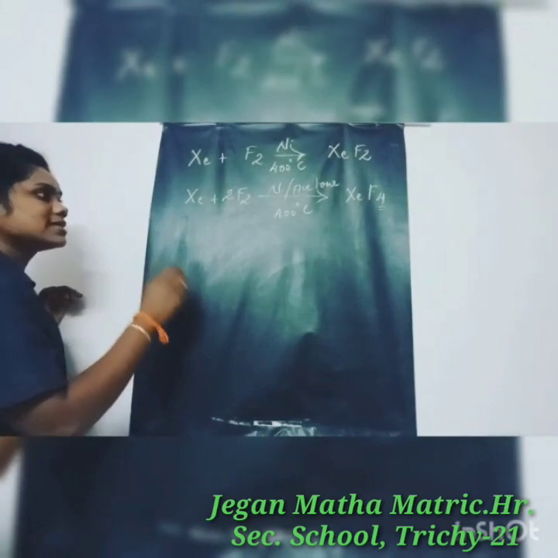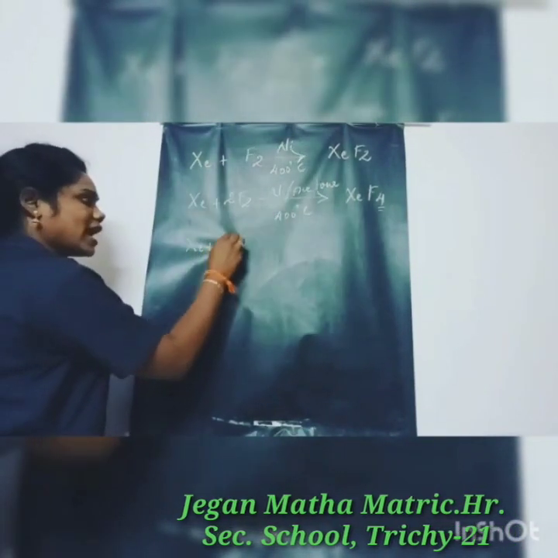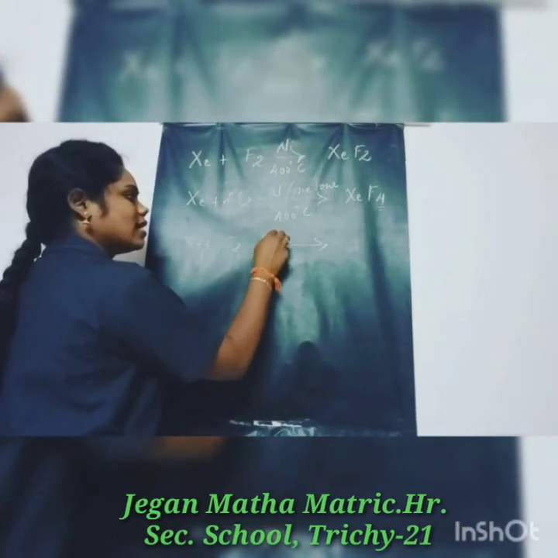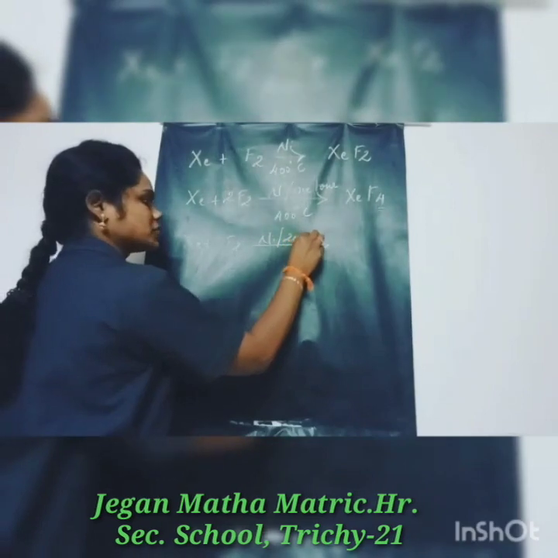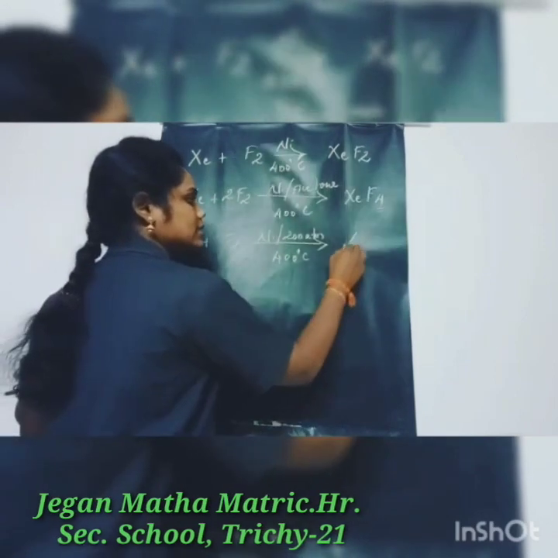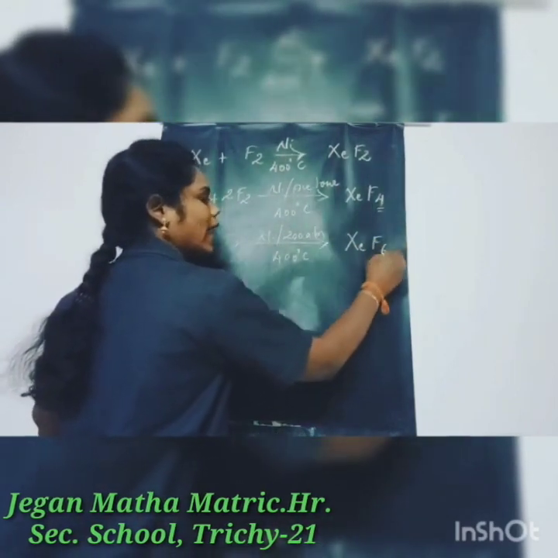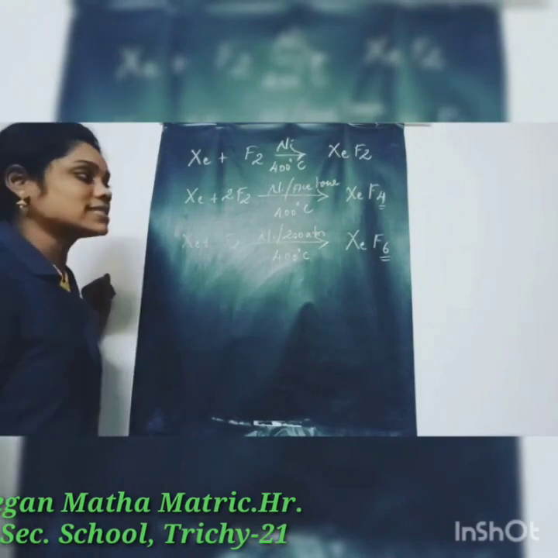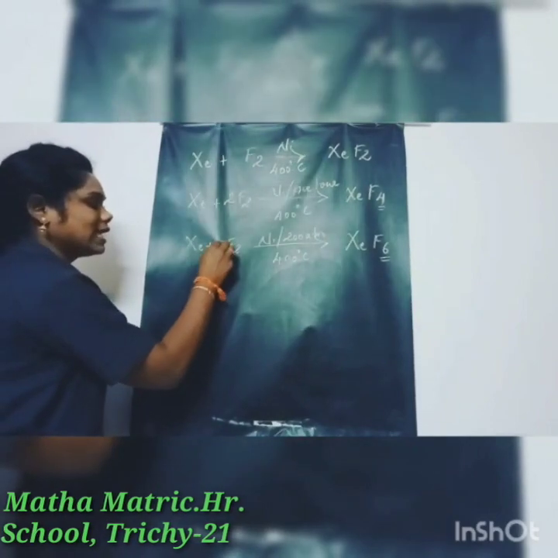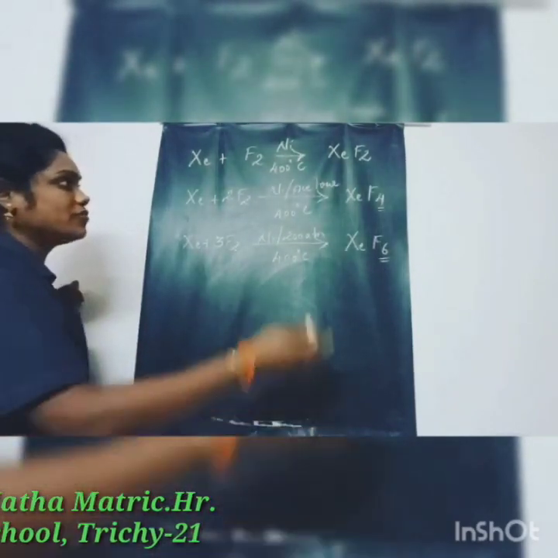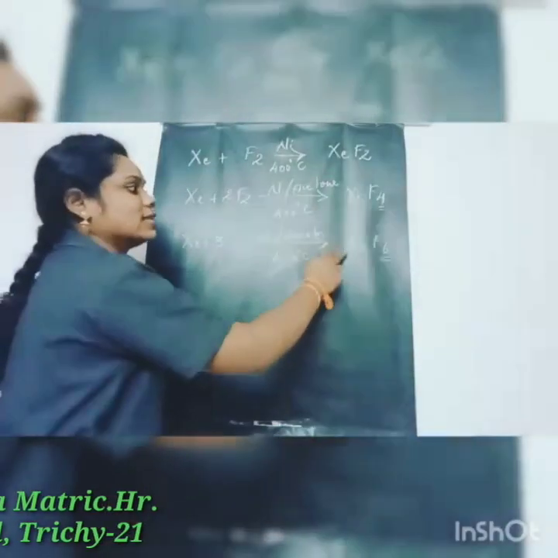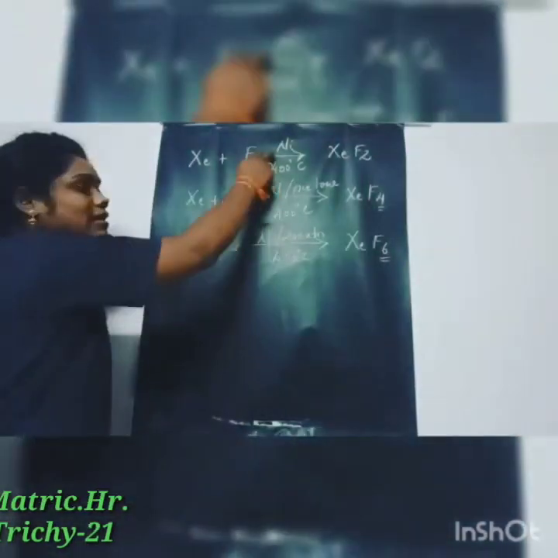And the next one, same thing, xenon is reacted with fluorine in the presence of nickel at 200 atmospheric pressure and 400 degrees Celsius. It gives xenon hexafluoride. So hexa represents 6 times. So hexafluoride is formed. So here fluorine is 6 times. So here you take 3 times. So 3 2s are 6 times. So first one xenon fluoride, second one xenon tetrafluoride, and third one xenon hexafluoride are formed in different conditions.